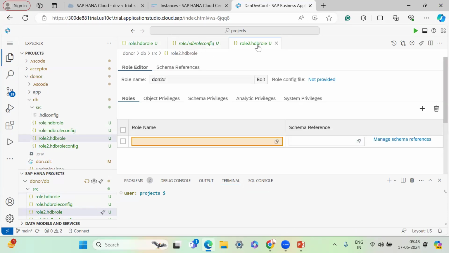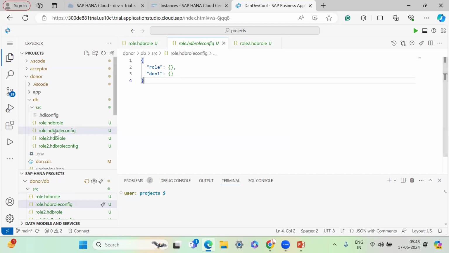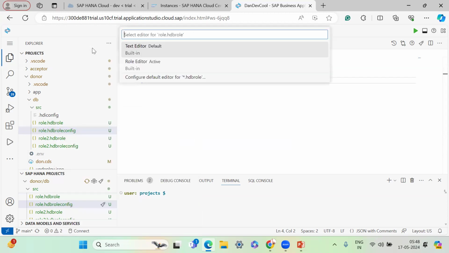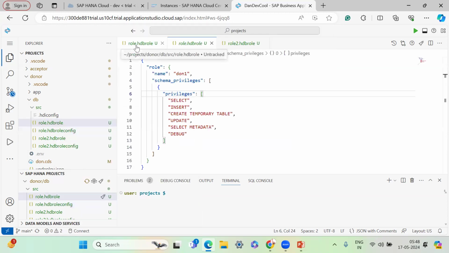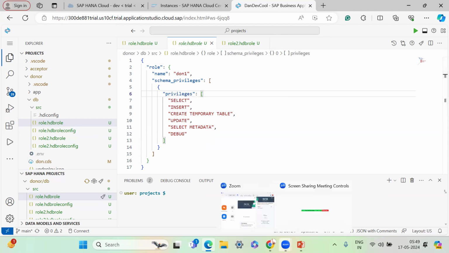Role 2, in the editor mode. So we need to right click it and open with text editor mode. So you see, this is how it is created. Again, it has got the same name, role name, and schema privileges, and the other privileges that I have actually given. So coming back to our project,